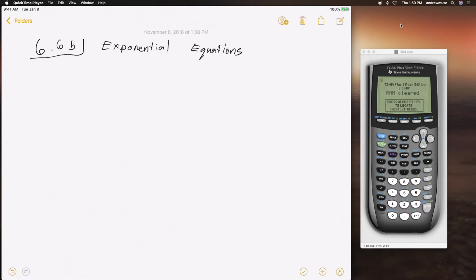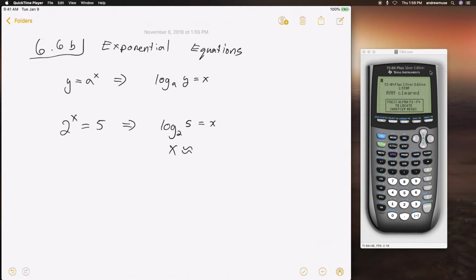Okay, so 6.6 I need the calculator for. So it's just basically solving exponential equations. Again, this is exponential form, and you can convert it to log form using this conversion. If we start with something like this, we can't solve it like that. But if we convert it to log form, it's log base 2 of 5 equals x. And I have solved for x. Okay, and we can put that in the calculator